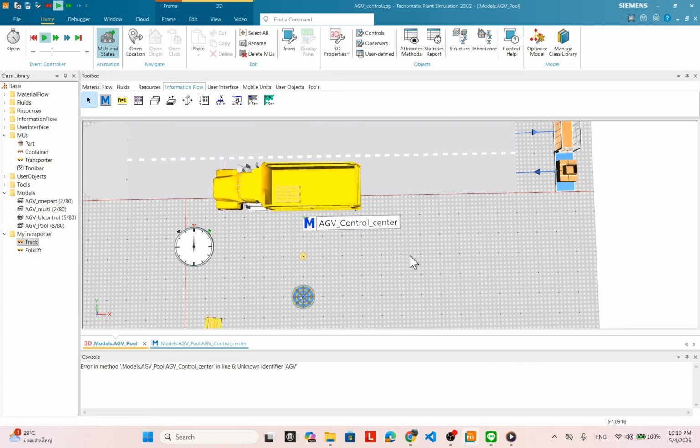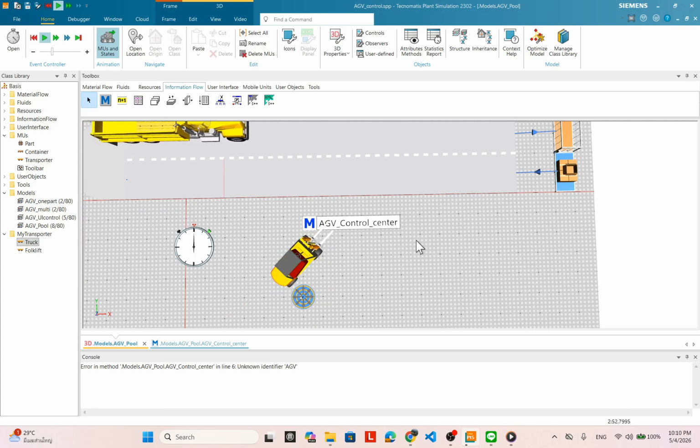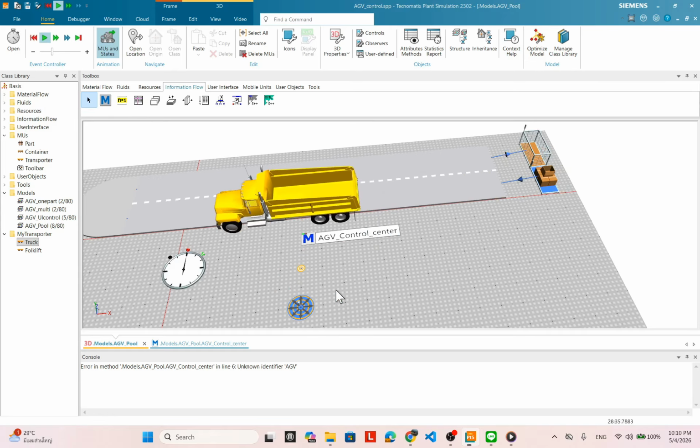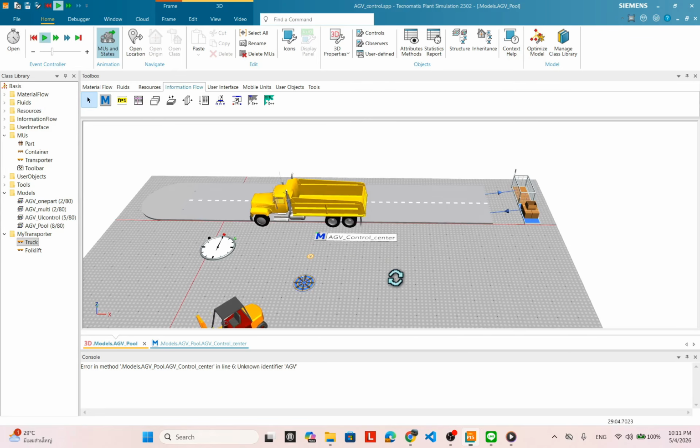1, 2, 3, 4, 5. It's correct, right? It's correct. It's a maximum 6, right? But see, the maximum is 6, and right now I define the number of the cycle of